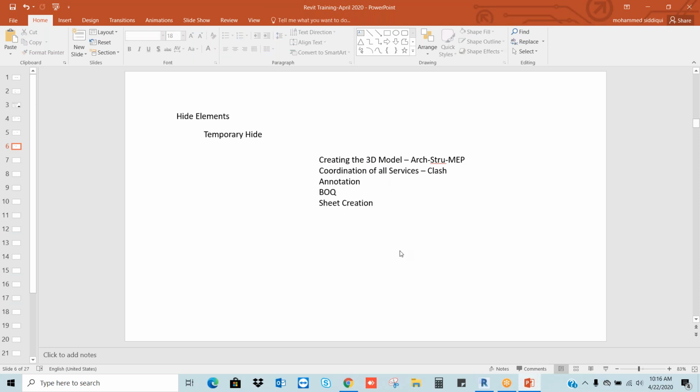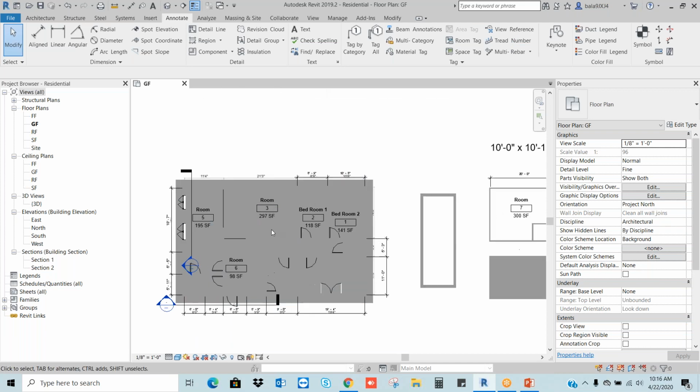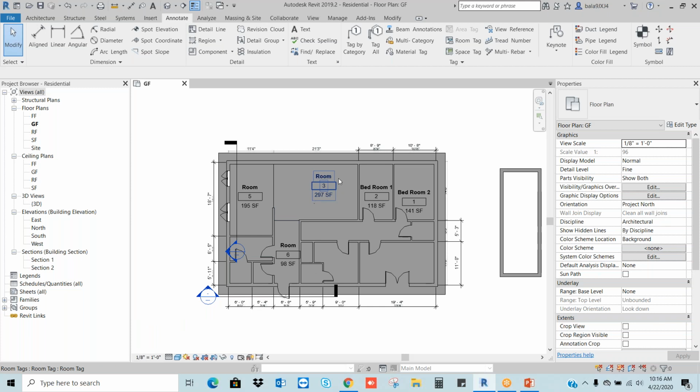Sheets are nothing but creating the layouts in AutoCAD. Generally, what we do, we work on the entire thing in the model space, and we go to the layouts when we create the title block and presentation kind of things. So this is the workflow we will follow while working in Revit. In the same way, if you see our way of working, first we placed the walls, doors, windows and floor. Then I placed the room name, number and area. Okay, I placed the dimension.